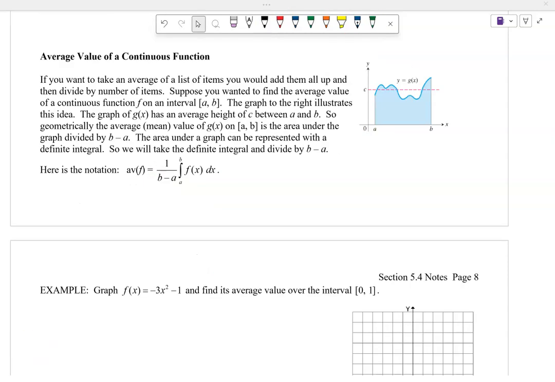Average value of a continuous function is our next one here, and that's what this is notating, the average value of a function. So if you're looking at this function that's going all over the place in the diagram, it has all these y values. What's the average value of that? Well, you find it with the highlight right there, 1 over b minus a times the integral from a to b. I think a nice way to introduce this is maybe to think about